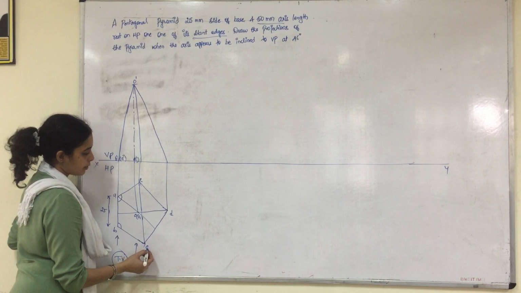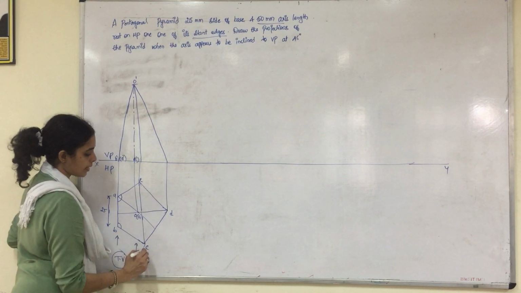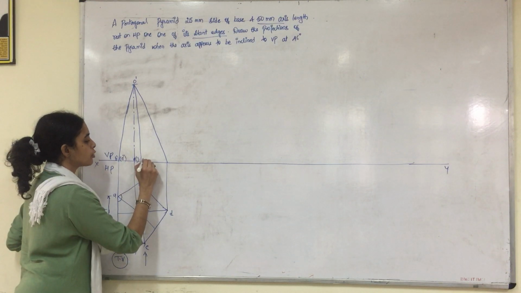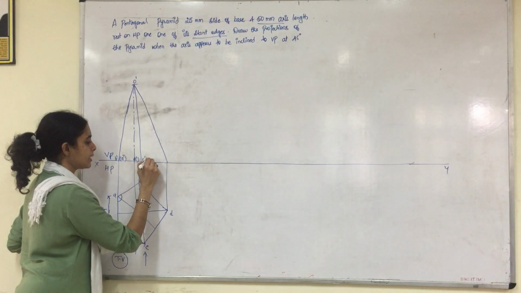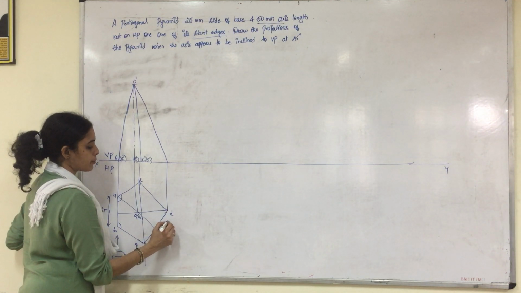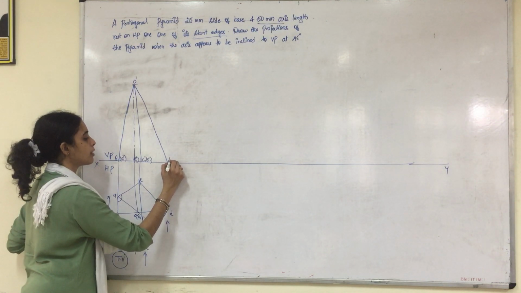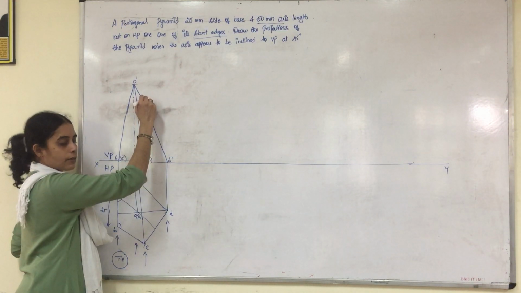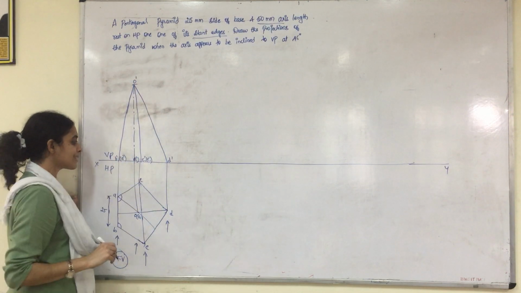And then you will come here. C and E are along the same line. When the observer views from here, C will be visible, E won't be visible. So you will write C1 dash outside the bracket and E1 dash within the bracket. So when the observer views from here, D will be visible. So you write it as D dash. And you have O dash, right? So we are writing it as O dash.